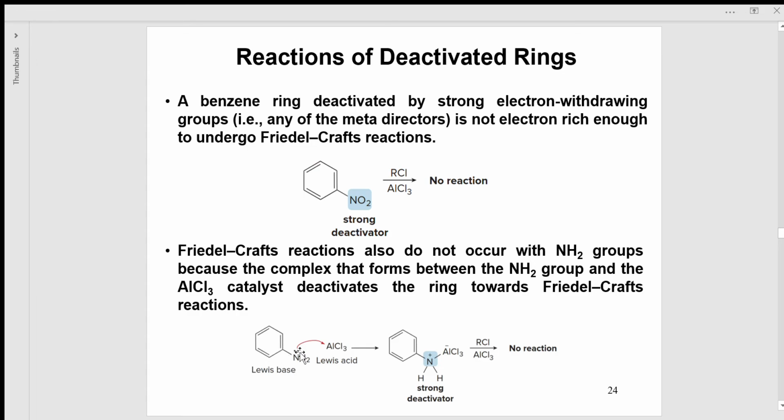We know aminobenzene is an activator, so it's a strong electron donating group. Basically it increases the electron density of this benzene ring, so the reactivity should be much higher than benzene. However, we cannot use this aminobenzene to do the Friedel-Crafts reaction